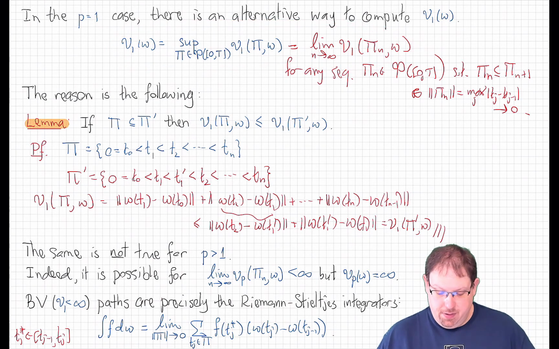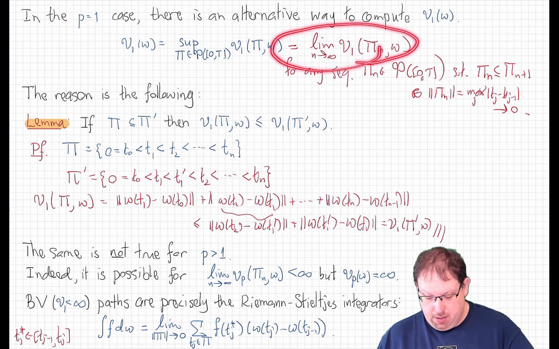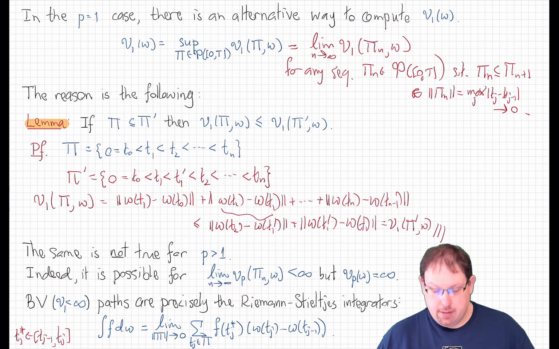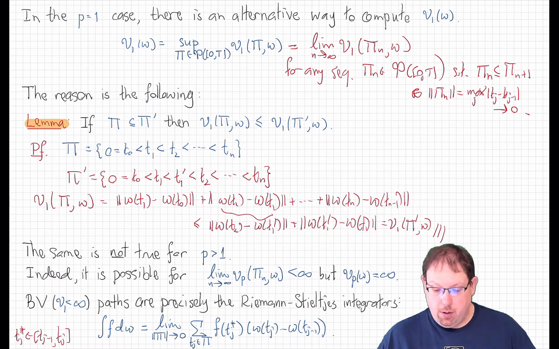In fact, it is perfectly possible for this limit over here, in the case of p-variation, to be finite for some particular p greater than 1, but for the p-variation to be infinite. And the reason that's possible is that this lemma fails to be true here. The precise application of the triangle inequality that we used here will not work if we have pth powers and pth roots involved. To see more concretely how that can fail, let's talk about a very closely related quantity, not